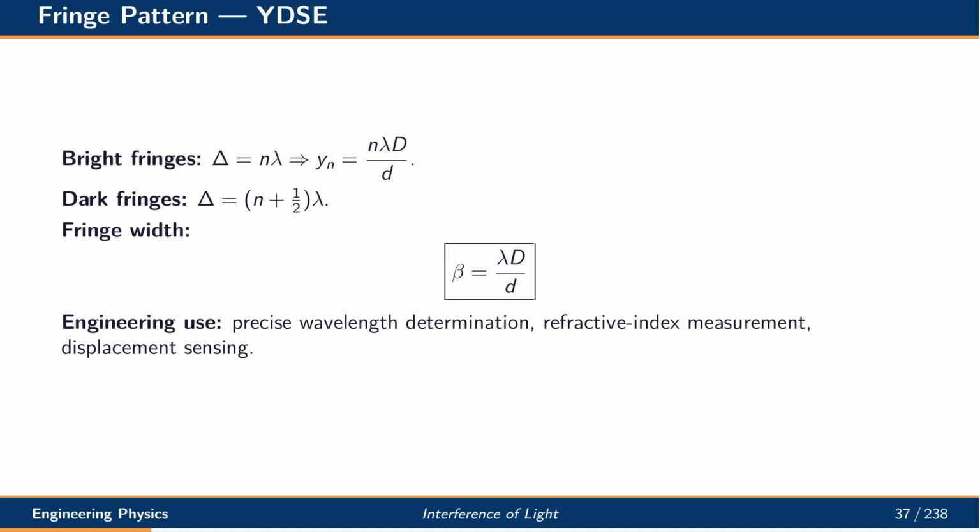The spacing between consecutive bright fringes is called the fringe width. It equals the product of wavelength and screen distance divided by the slit separation. This simple expression makes Young's experiment a practical tool for measuring wavelength, refractive index, and